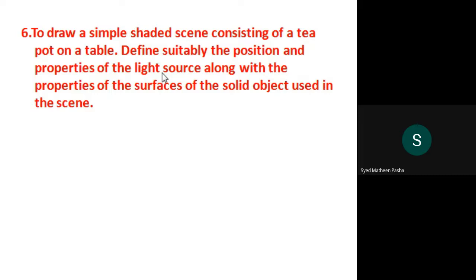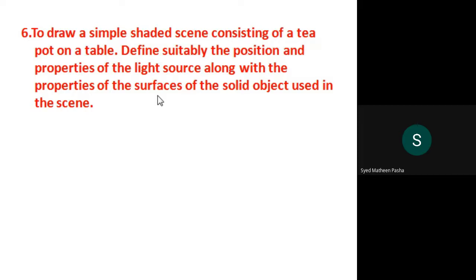Can someone tell what the properties of surfaces are? Or can someone tell how surfaces are distinguished when a particular object is placed? Based on the smoothness of the surface, right? The properties depend on the smoothness of the surface. If the surface is softer, what happens to the object? It might bounce, or it might remain the same.